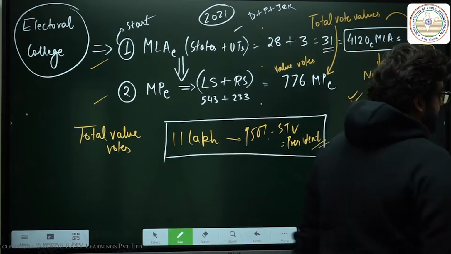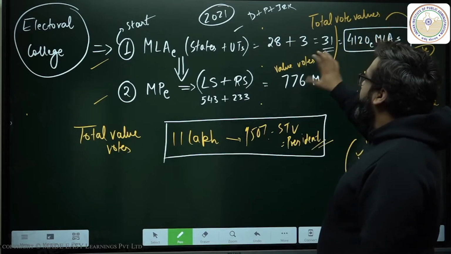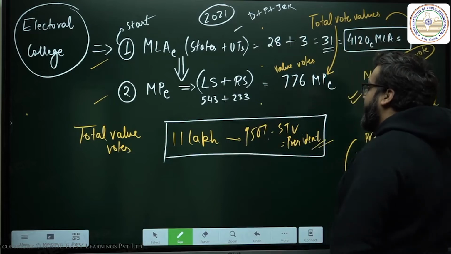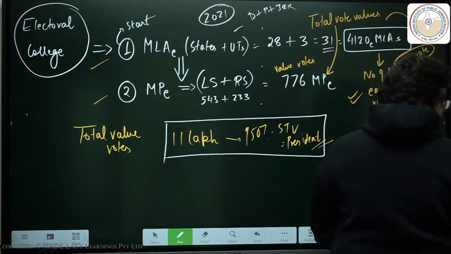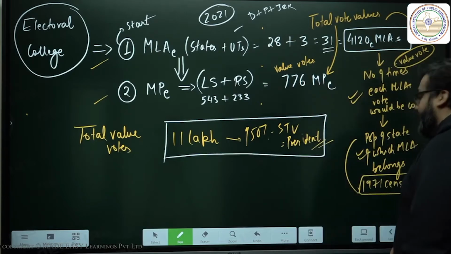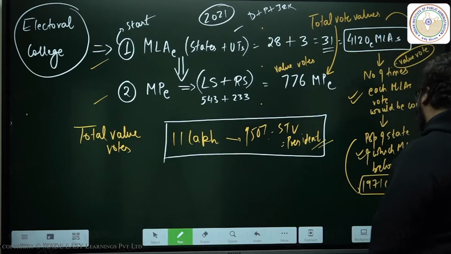Yes, Kumar Gaur. Total values. So collectively, 4,120 and 776 will collectively, their votes will be counted approximately 11 lakh times. Right? Okay. Sahil, I will explain how. Okay, relax. Let me finish up the thing first. Okay? Alright. Now,